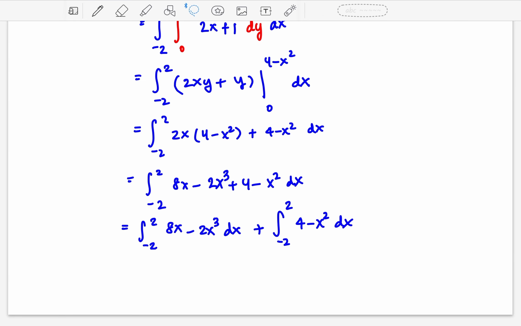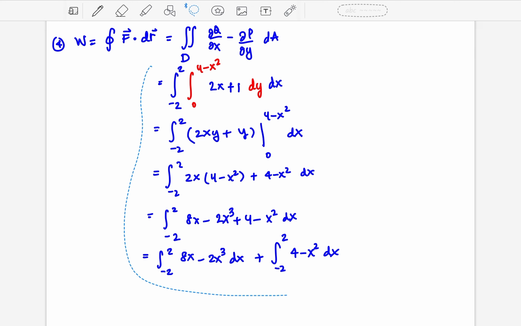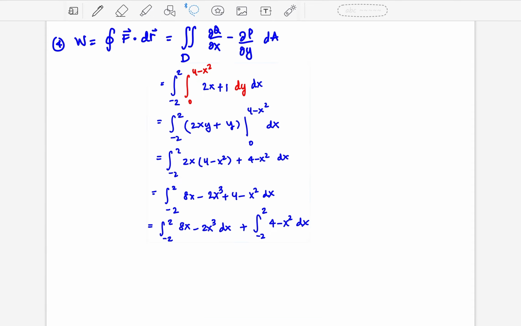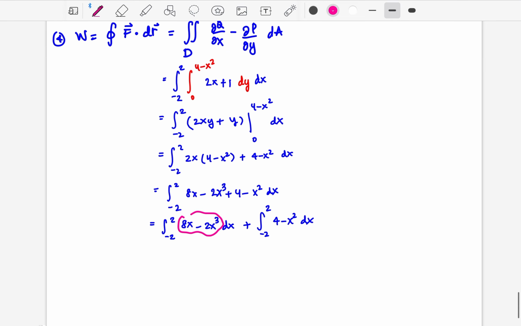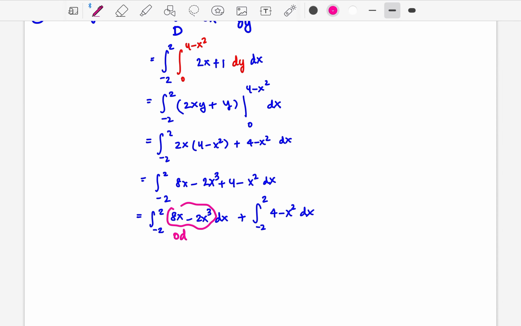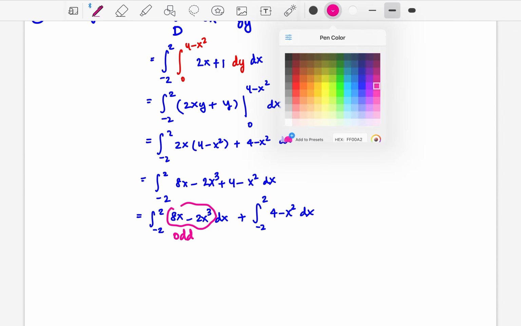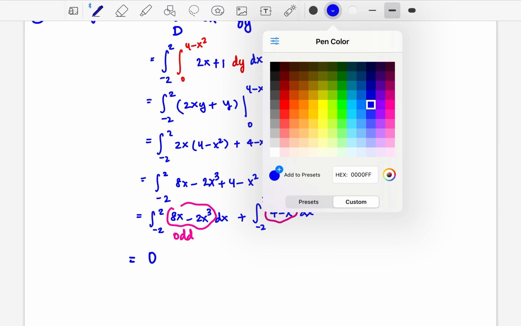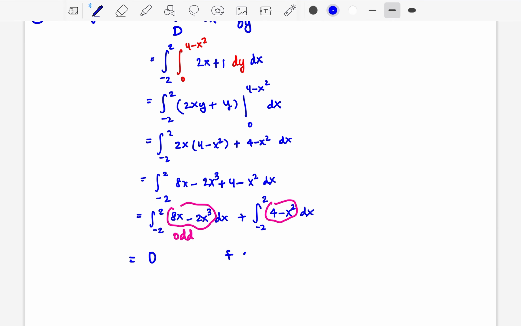Now we know that in that first integral, 8x and 2x cubed are both odd. Since this is an odd function, the integral from negative 2 to 2 is just equal to 0. And since the second one is even, I don't have to do the integral from negative 2 to 2. I can just say this is 2 times the integral from 0 to 2 of 4 minus x squared dx, which is equal to